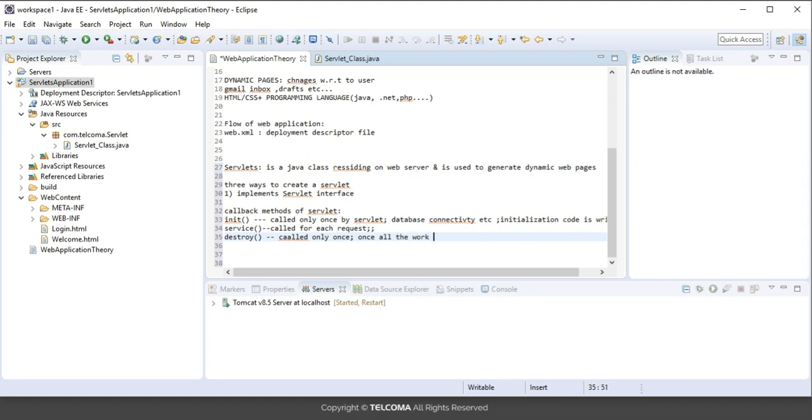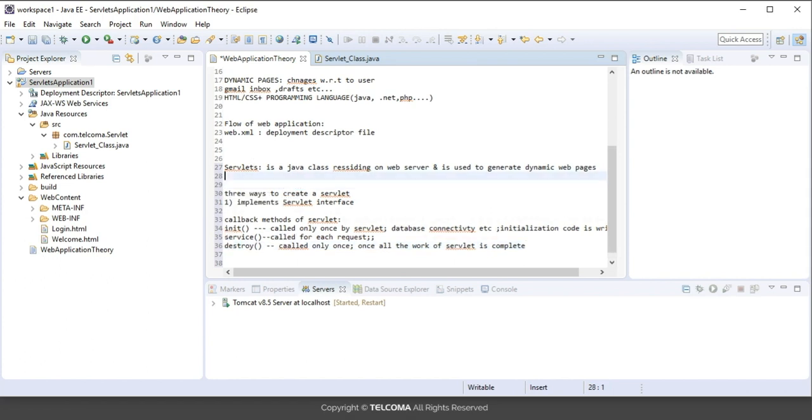So this is how the three methods are being called. So whatever logic you want to write, you need to write it inside your service method. Clear? Okay, so I will be telling you about other two ways and showing this implementation, but before that, let's